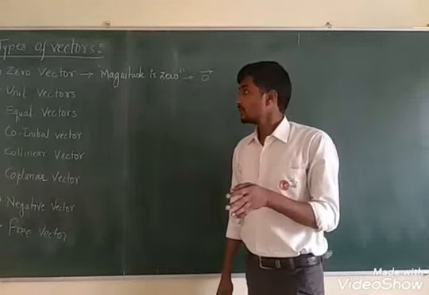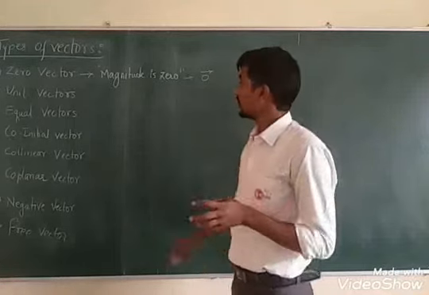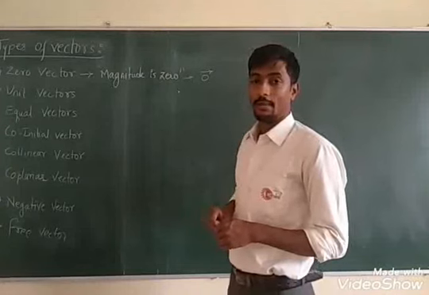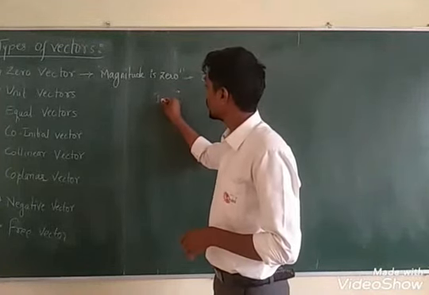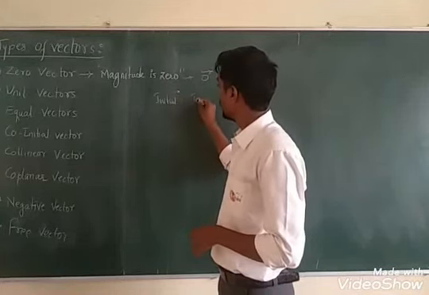Now you can understand here when you say that any vector is a zero vector. If I say that this is the zero vector, what happened here? The initial point and the terminal